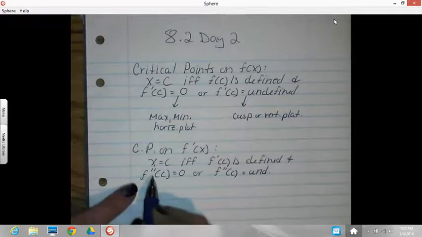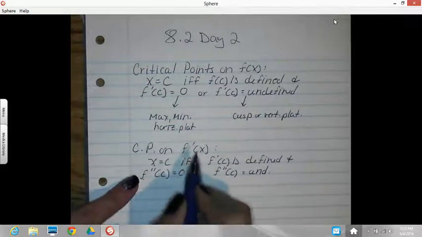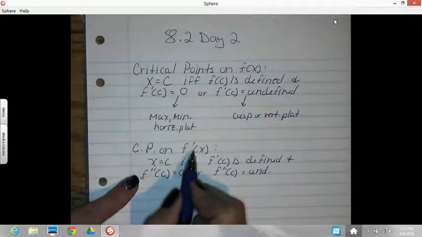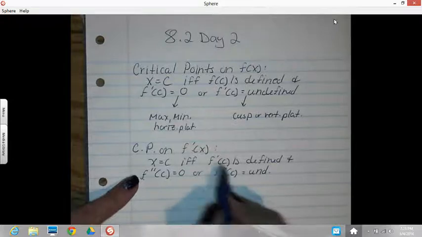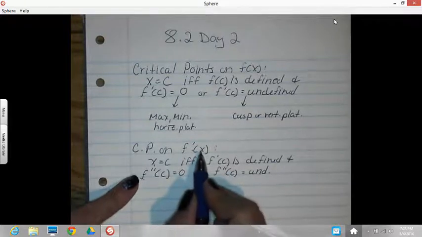So if the second derivative is 0, that means the first derivative had either a max or a min or a horizontal plateau. If the second derivative is undefined, that means the first derivative had either a cusp or a